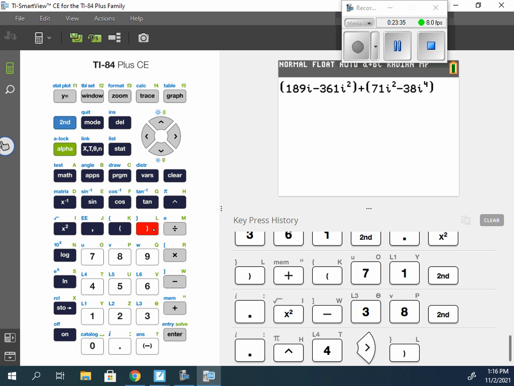So we can type the whole thing into the graphing calculator, and if we hit enter,